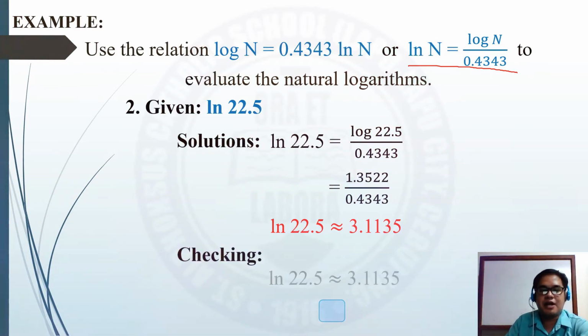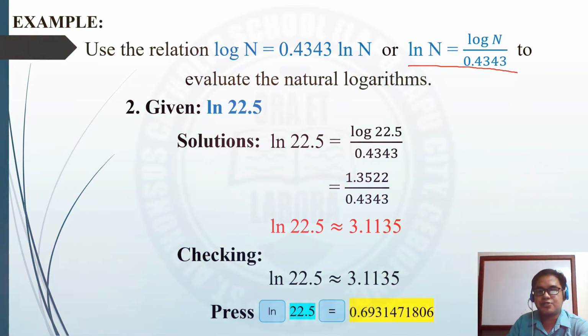3.1135. Now, to check, we are going to write the given, which is the ln of 22.5, and its approximate value, which is 3.1135. So press ln and then 22.5 equals, and the answer would be